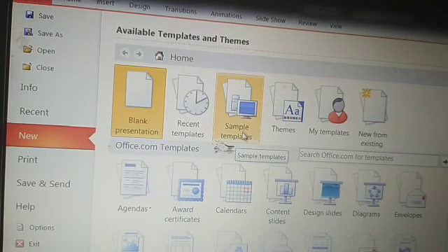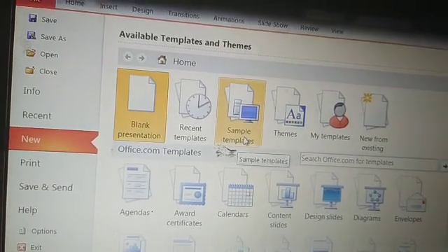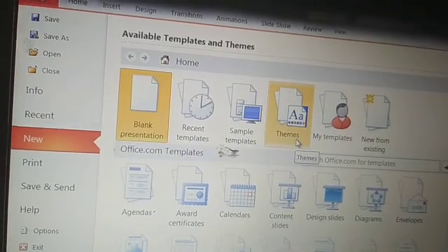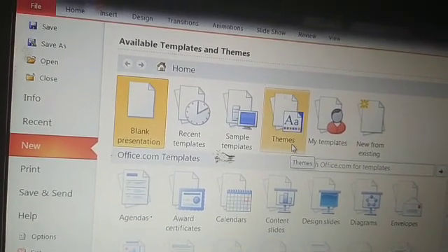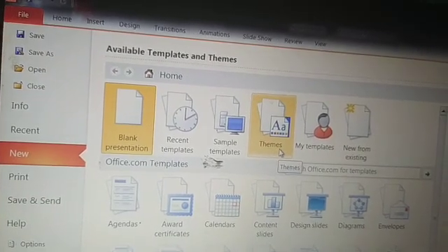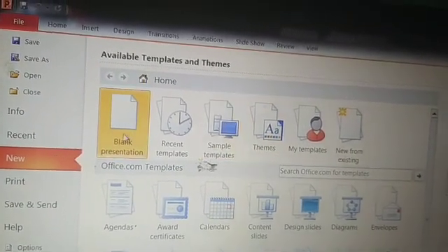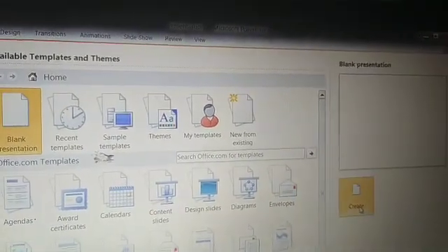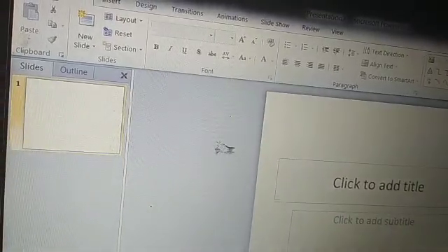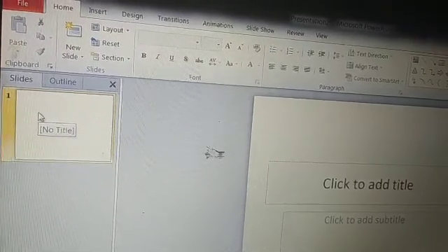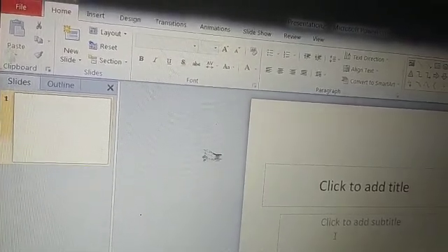If you click on blank and click on create, this is a blank presentation. There is nothing. It's showing you only one blank slide with two placeholders.